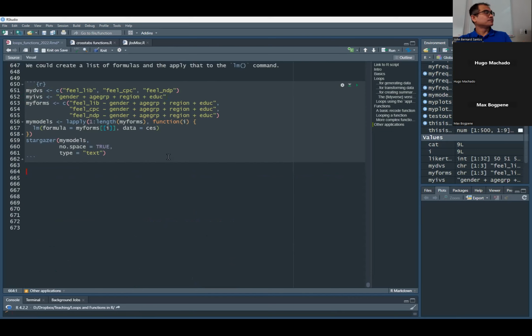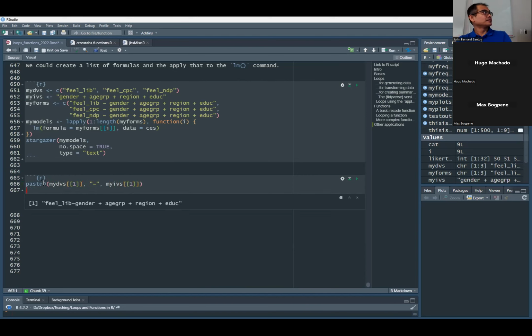So to combine these into a formula, you could use the paste function, right? Of my DVs 1, and then paste that with the tilde, and then paste after that my IVs again, 1, right? That looks like a formula, doesn't it? So then now you can just,